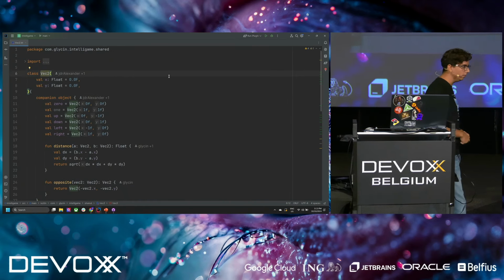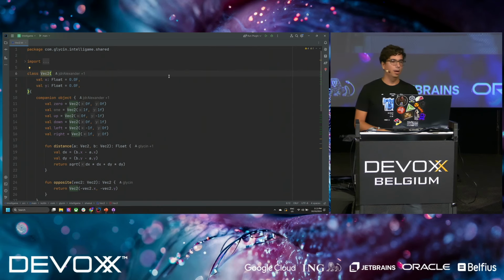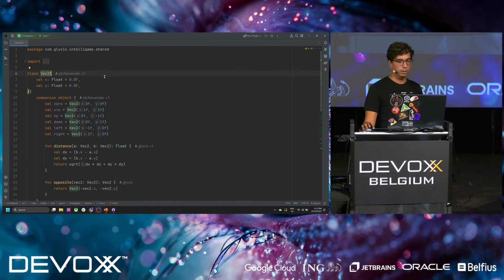Anybody that worked with Unity 3D to actually make little games or something? So a little bit. So this is basically a carbon copy of the Vector2 class that is in Unity 3D, ported to Kotlin. And I use this for 2 reasons. It's an object that encapsulates a vector, not a vector like you've been hearing with AI and embeddings and whatever. It's really the mathematical vector, used to capture a point in space or a direction in space. And that is pretty much what we'll be using it